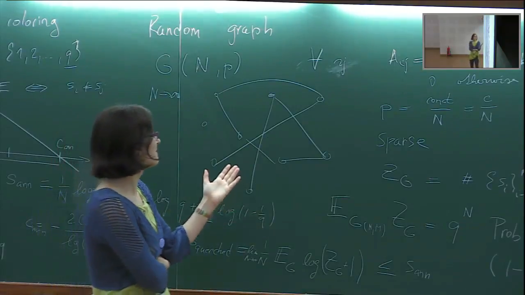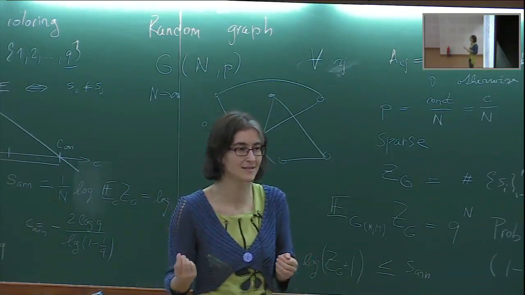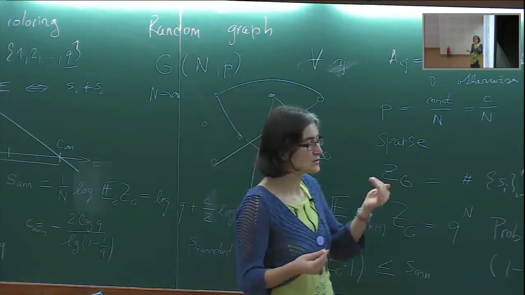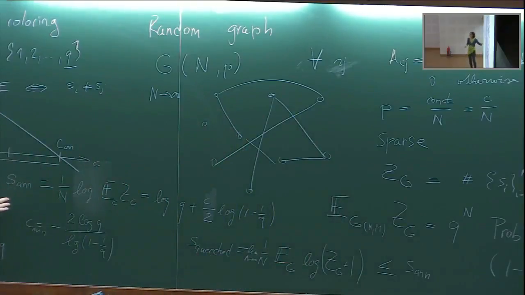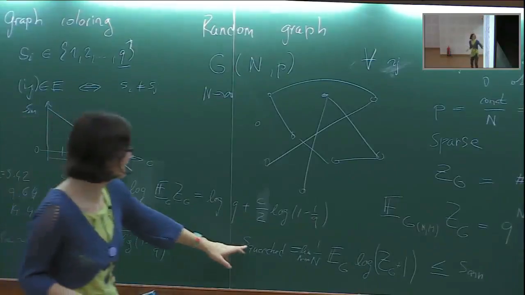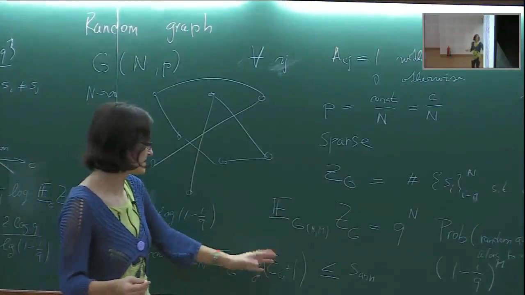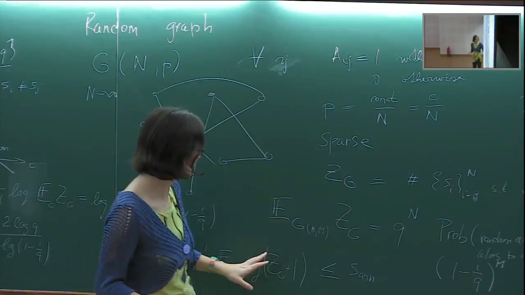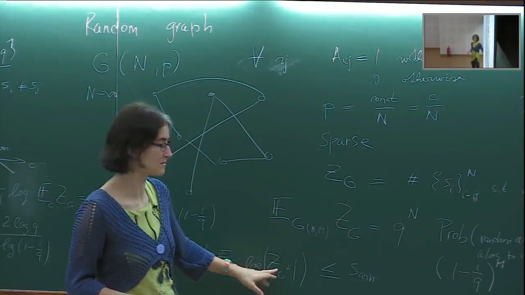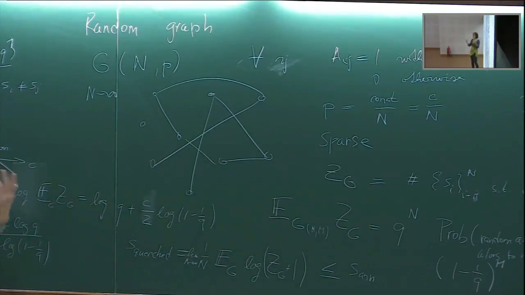And if, say, with probability 1 over n to some big power, say 100, a graph has an exponential number of colorings, this will still lead to an annealed entropy that is positive, right? But it will not lead to positive quenched entropy, because the fact that we take the logarithm basically washes away these. If the logarithm of Z is fluctuating a little bit, that's fine. But if we exponentiate it and make the average on the Z, then this is leading to wrong results.